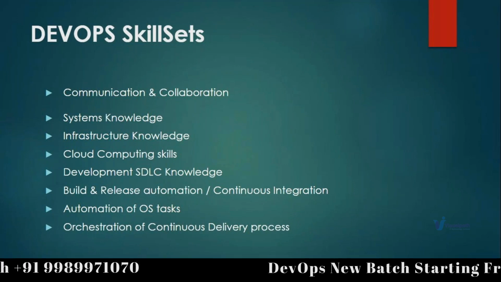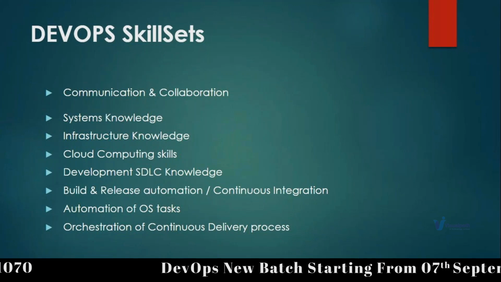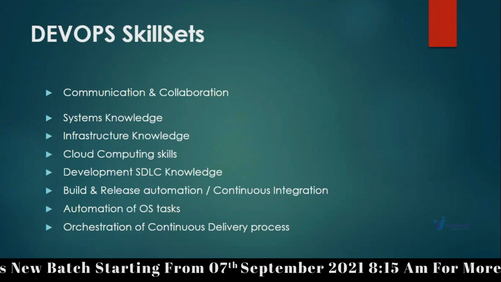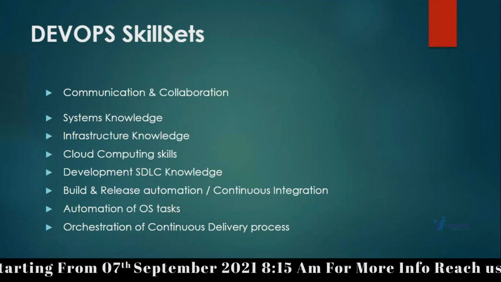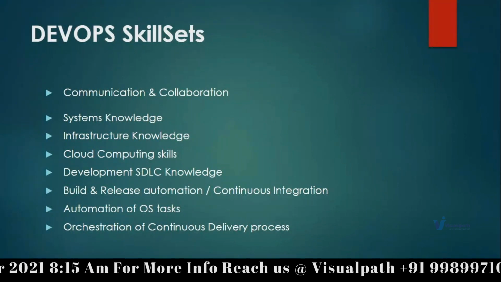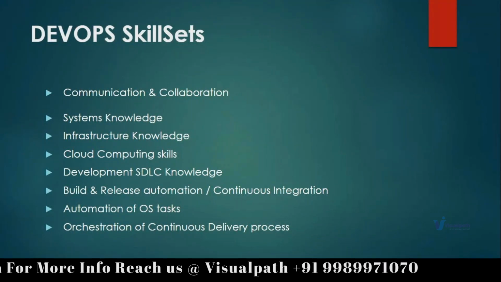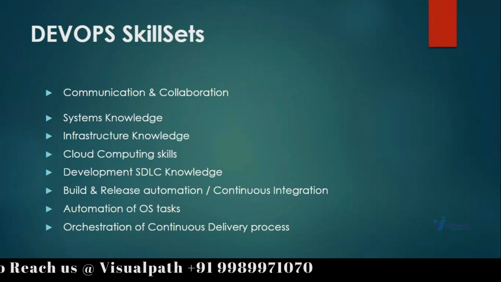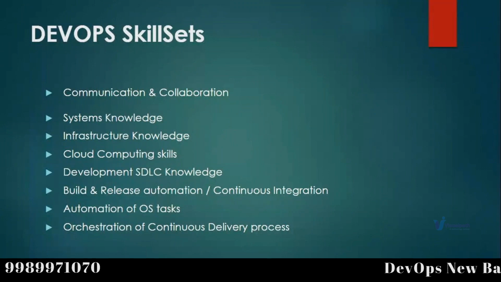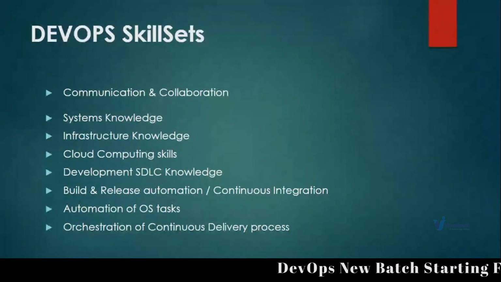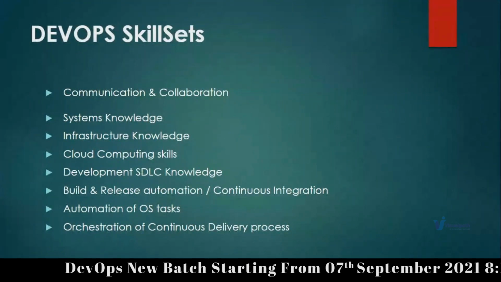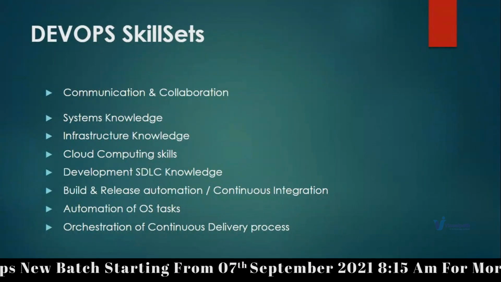You will have multiple small scripts, or big, whatever scripts, automation frameworks or tools. You should be able to integrate all of them together and have an orchestration of the continuous delivery process. Orchestration is basically on top of automation, you can think like that. Order is important. If someone says the job of DevOps is automation, I will say yeah, but that's not just it. If someone says the job of DevOps is orchestration, I will say yes, bingo, that's right.